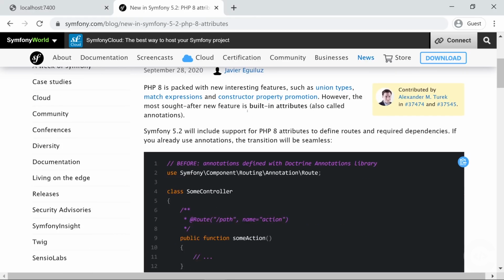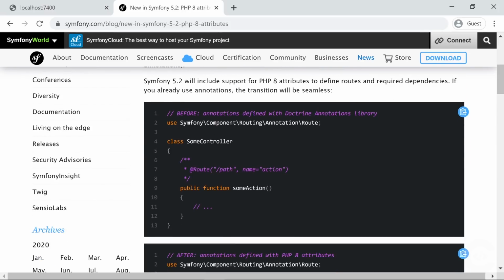So here is the official page from Symfony, and this is actually the old way of writing routes. This specifies that public function SumAction is a route function, and it's part of the Sum controller. That's why it's a route function, and the path using which you can access that function is /path. You can also give a name to that specific action. And if we write this in Symfony, you can access /path in the browser to reach that specific